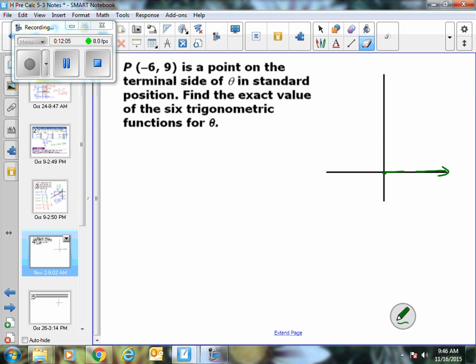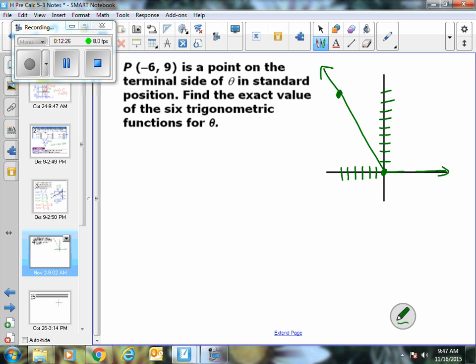Well, for this one, they actually gave me the location, so I'm going to go ahead and graph the point. 1, 2, 3, 4, 5, 6, negative 6. 1, 2, 3, 4, 5, 6, 7, 8, 9. And I'm going to graph that point. For me, it's a lot easier to put the ray in when I know where the point's going to be first. So it means then that the terminal side starts at the origin and goes through the point negative 6,